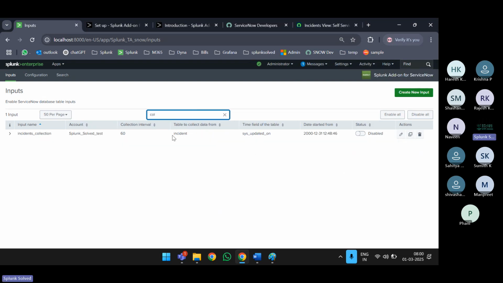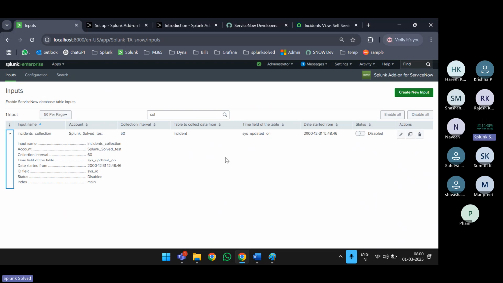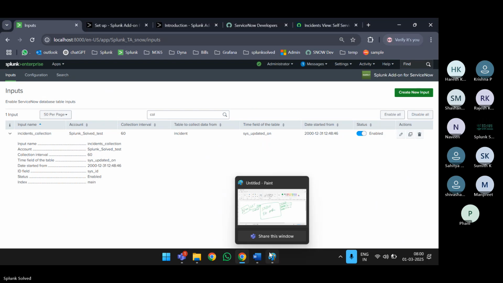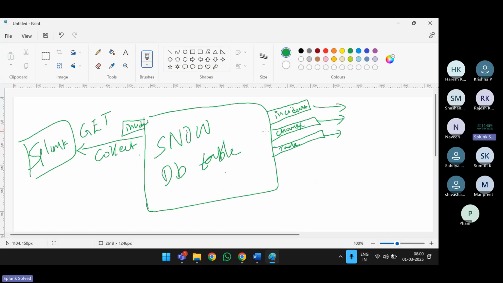Okay. So I have created it, but it has not been enabled. I will enable it. Done. This is enabled. Okay. There is one more thing you have to keep in mind